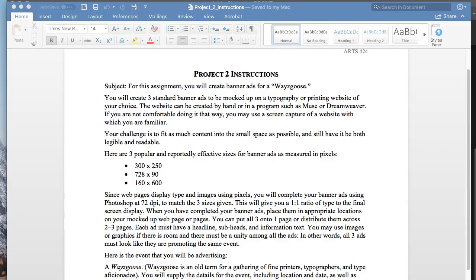Hi, I'm going to create a quick tutorial on Project 2. There are a number of different ways that this can be created. As the instructions state, you can use Muse, or you can use Dreamweaver, or create it completely in Photoshop. And for this video, I'm going to create it completely in Photoshop for those that don't know how to use